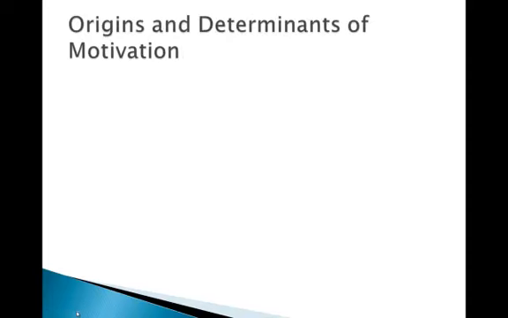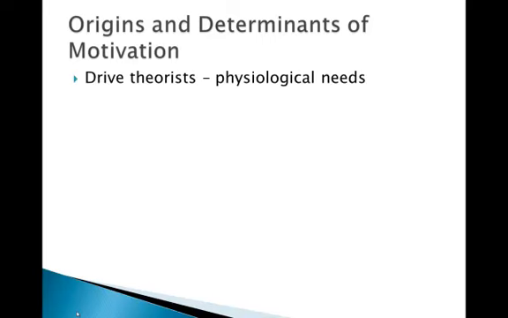All right, let's look at some origins and determinants of motivation. The drive theorists were some early motivational theorists, and they said that motivation was all based on physiological needs, that we did things in order to satisfy maybe our need to eat or our need to rest, but something related to physiology. Then the cognitive theorists said, you know what, this doesn't fully explain motivation. There are other things that motivate us. There are other things that drive us to do particular things,